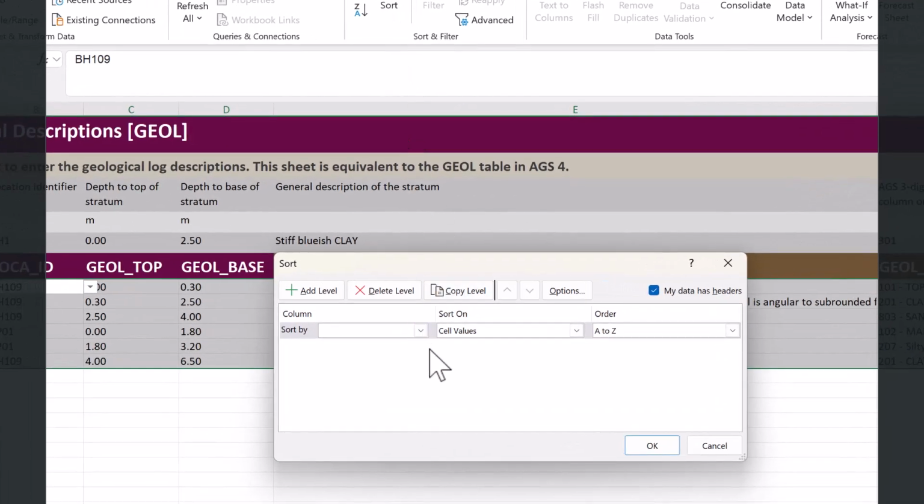We're going to sort by two levels here. We're going to first sort by the local ID column, but I'm not going to include the headers. So I'll uncheck this, my data has headers unchecked. Sort by column B, order A to Z,